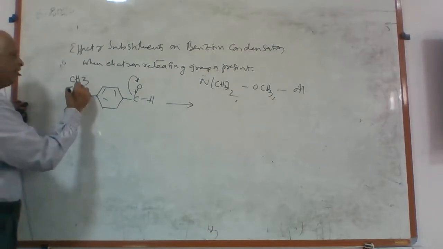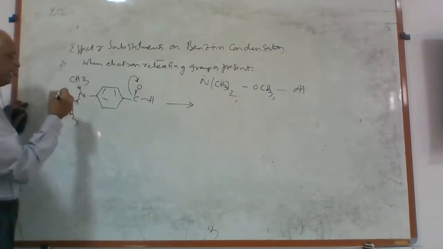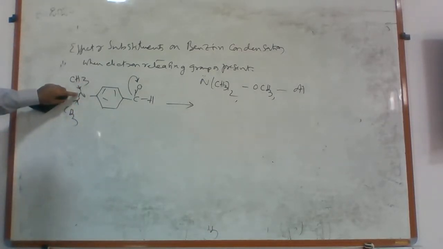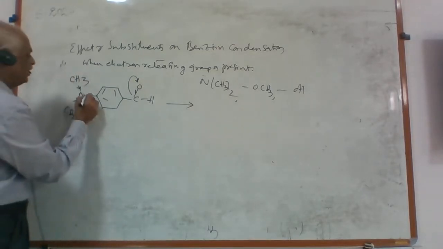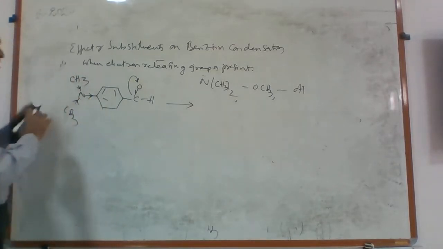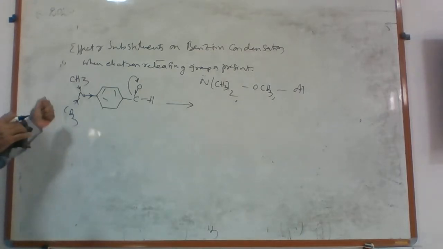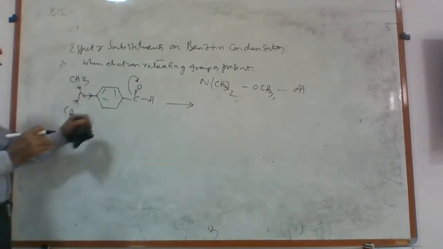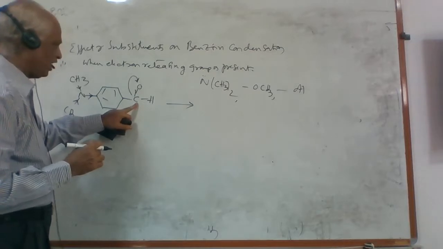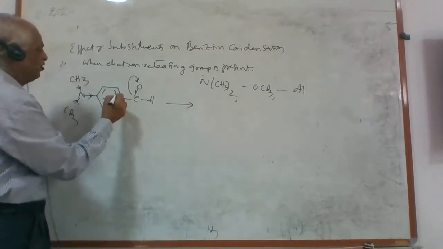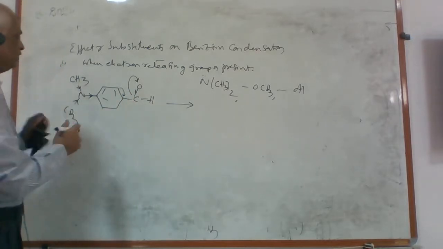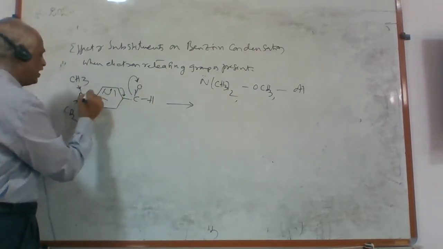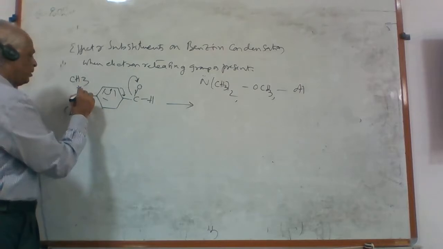We know very well that the two methyl groups present on the nitrogen atom, in total, are a very good electron releasing group. Therefore, it can pump its electron density onto the benzene nucleus. Therefore, the positive charge formed on the oxygen atom will be neutralized by this pi electron pair. Therefore, this pi electron transfers here. This carbon gets a positive charge.